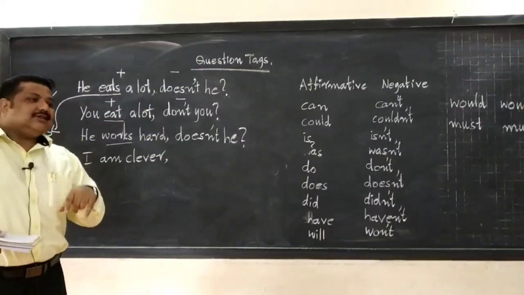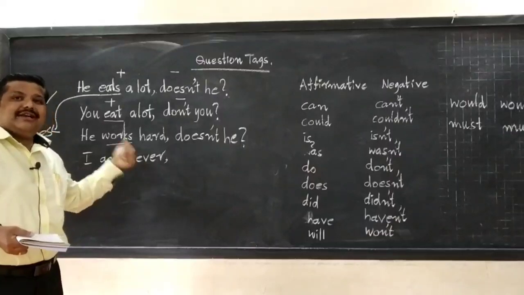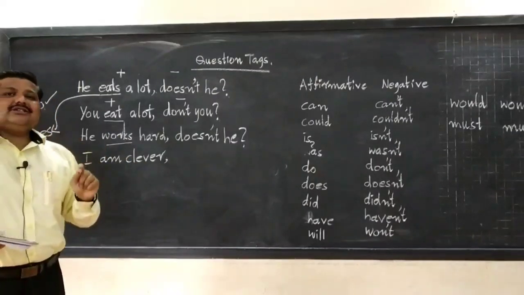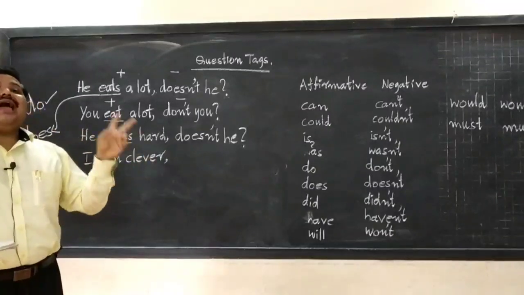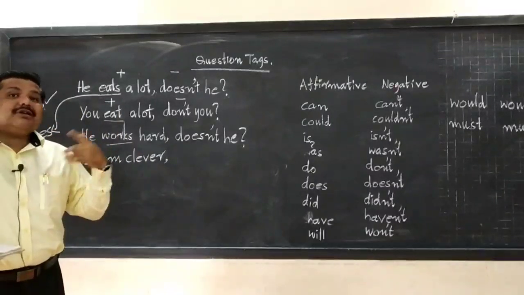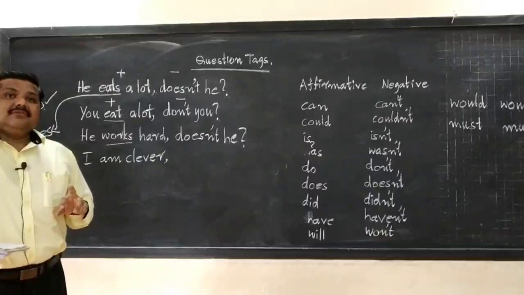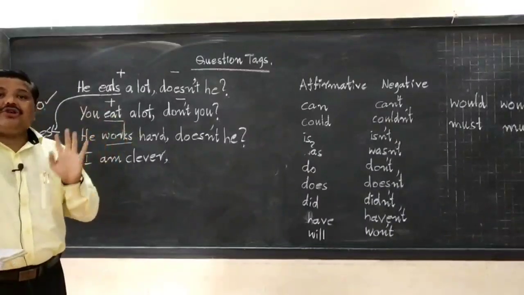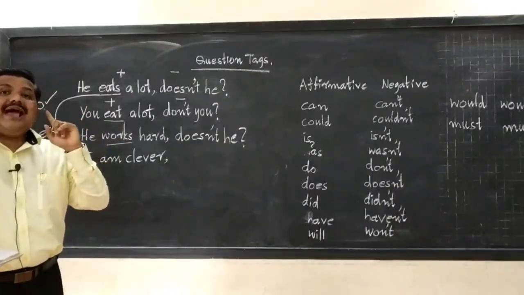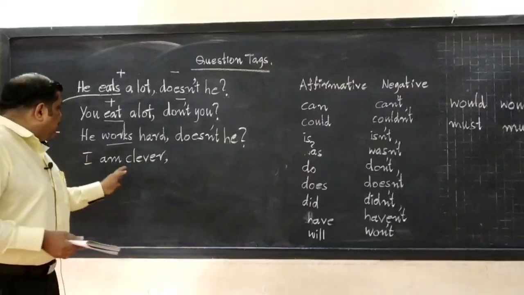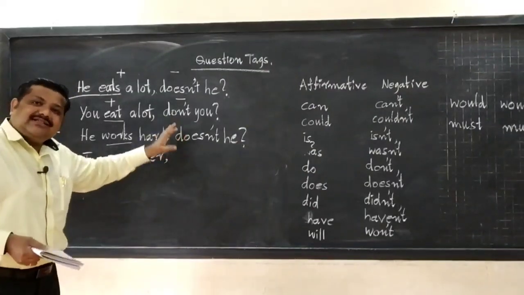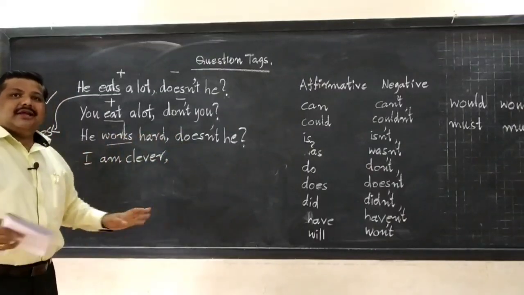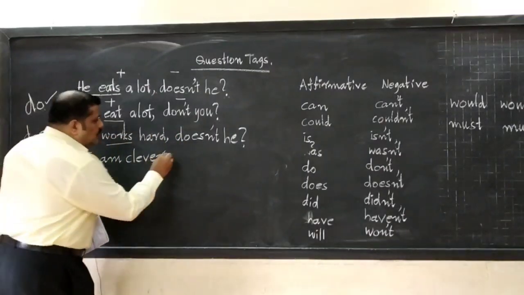My dear students, it's an exceptional statement. Here, in English, there is no usage of amn't I. You can use am I in a sentence like, I'm not right, am I? You can use that. But you cannot use am I after I am clever. Then what is the answer here? There is an answer, but it is not am I. For such things, you write